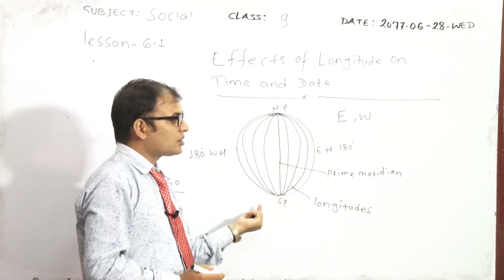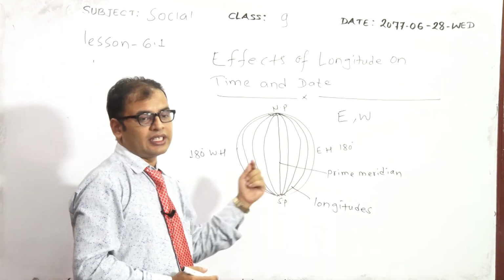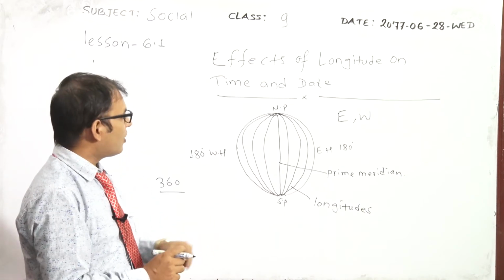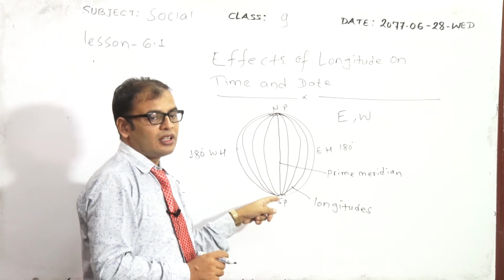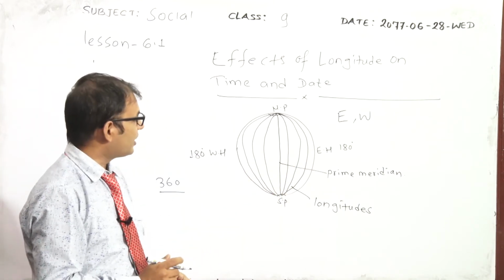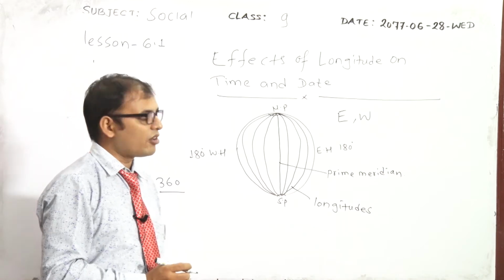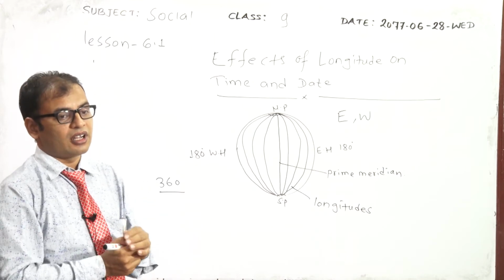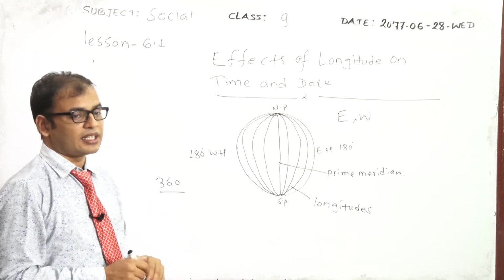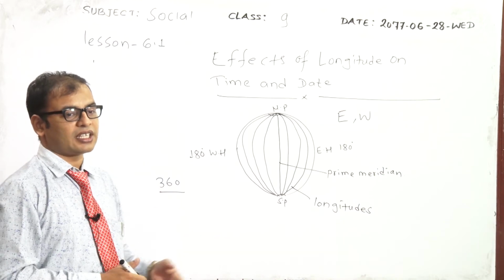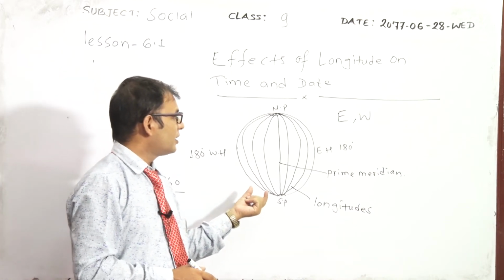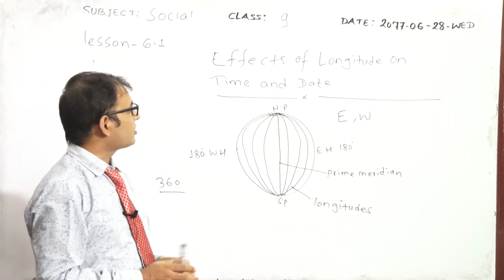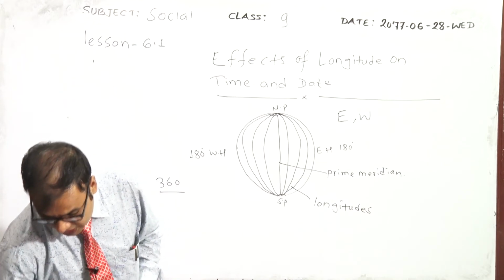So the longitudes are semicircular in shape, or half circles, they are not complete circles, and all the longitudes have equal length also. Okay. This is a general introduction about the longitudes, and I know you have been studying about the longitudes from very junior classes. In class 6 also we have already discussed it, and in class 7. So you are very familiar with the term longitudes. Here I gave you a slight introduction of the longitudes. Then let us move forward.